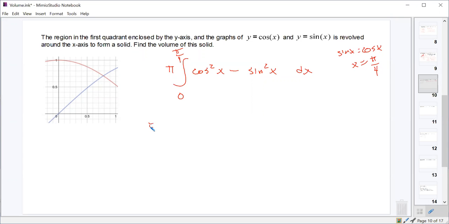Power reduce both of them. No, it's a double angle. Yeah, it's a double angle identity. Pi times the integral from 0 to pi over 4 of cosine 2x dx, right? You come out to get, I think you get the same thing if you do the power reducing, but